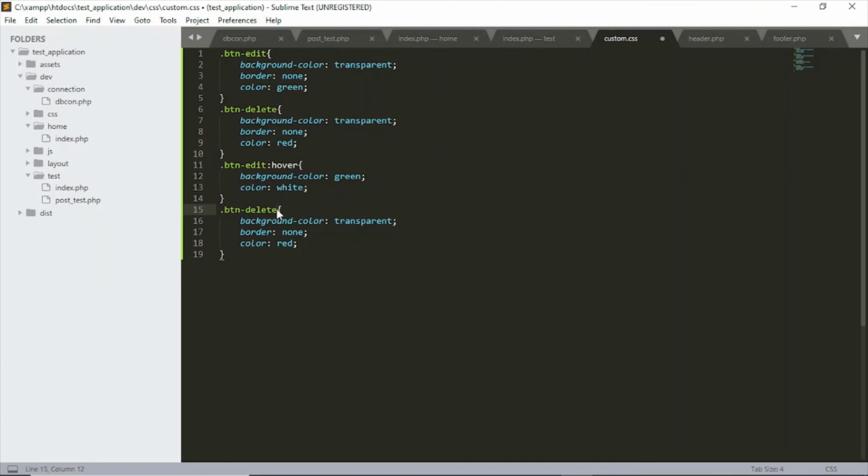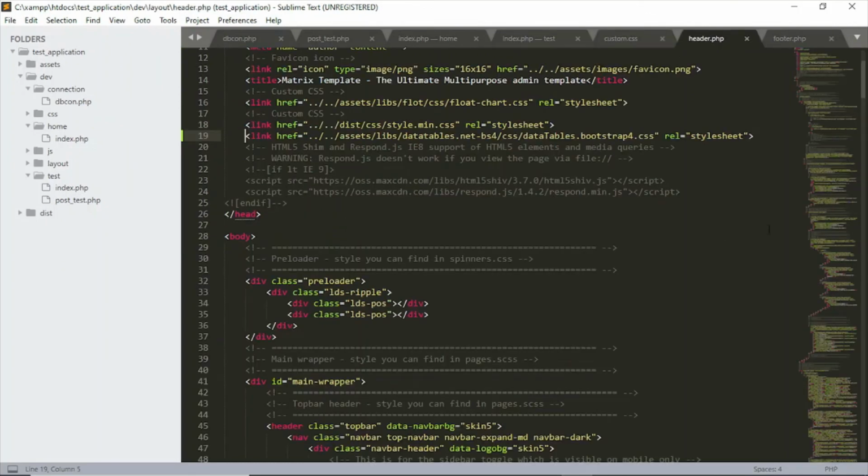Then if you hover on delete, the background color will become red, and we remove the border, and the color becomes white, like that. So for us to use this style within our app, we need to go to header and add this style